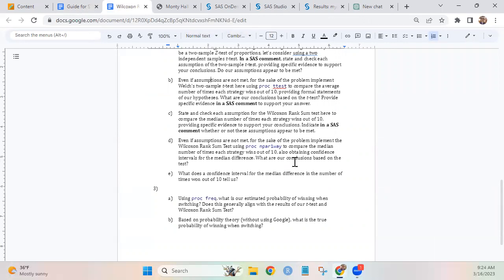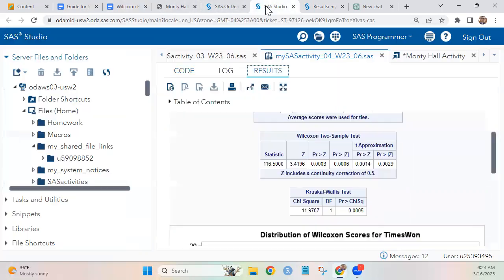And obtain confidence intervals for the median difference. Oh, we didn't do that yet. Okay. So to get the confidence intervals for the median difference,